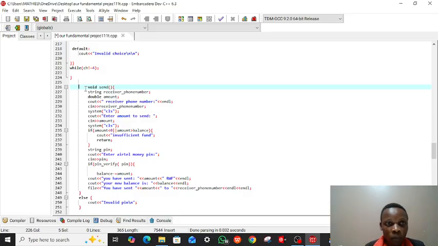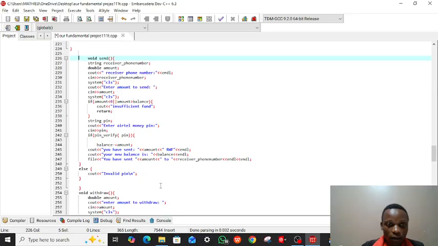Then you enter the amount and the phone number and validate the amount. If the amount is less than zero or greater than the balance, we display insufficient funds. Else, we validate the PIN, and the balance will equal the balance minus the amount you have sent.